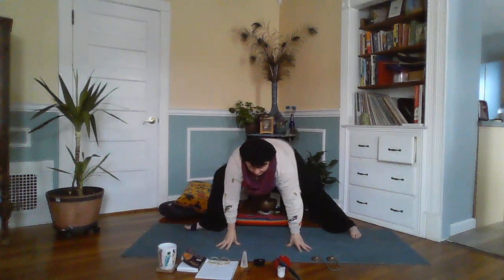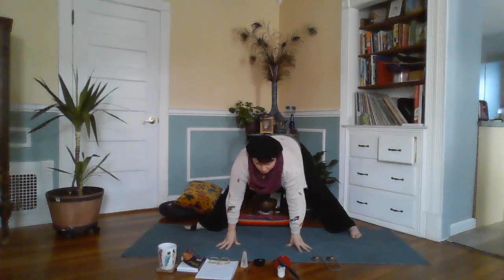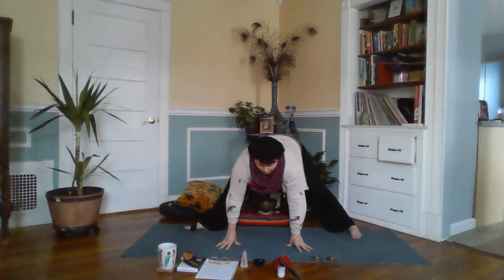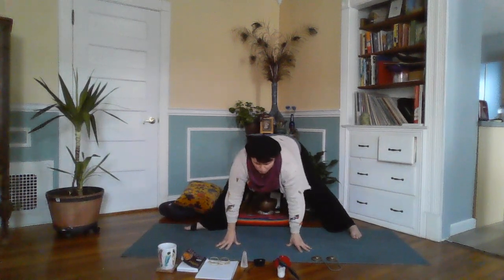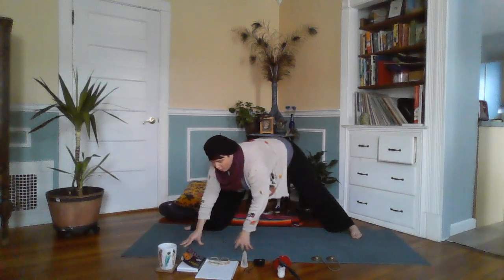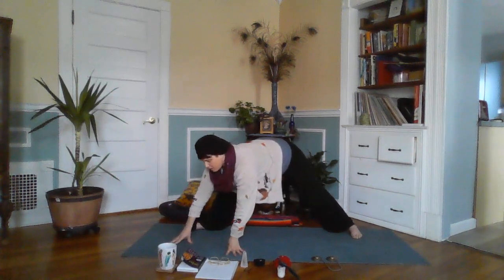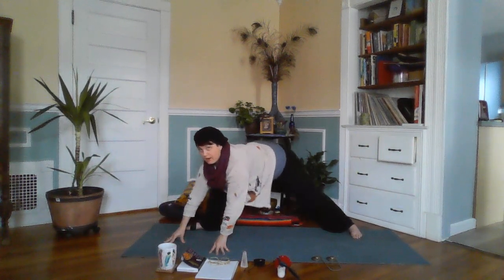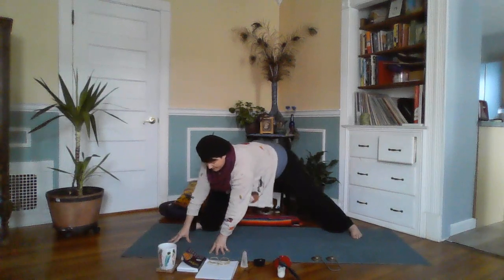Bend and straighten the left knee. Sweet, sweet release. And now where the experimentation comes is walk your hands a little bit towards your left foot or all the way to your left foot. Or maybe you decide to walk your hands off to your mailbox and see if anything's arrived for you. Have some fun,